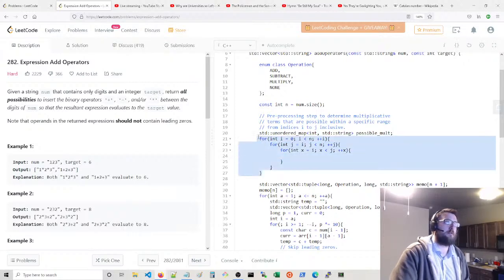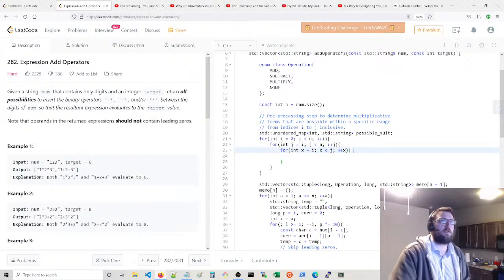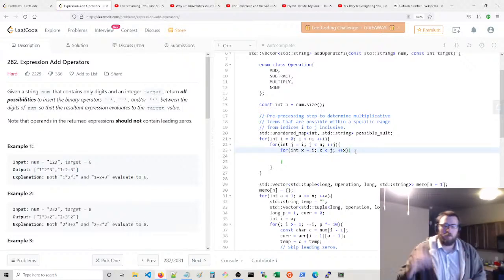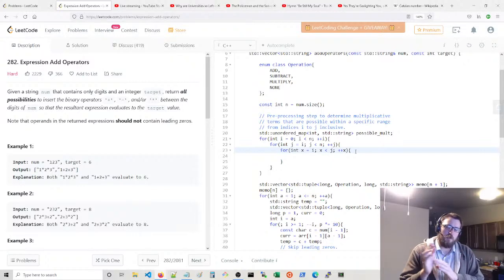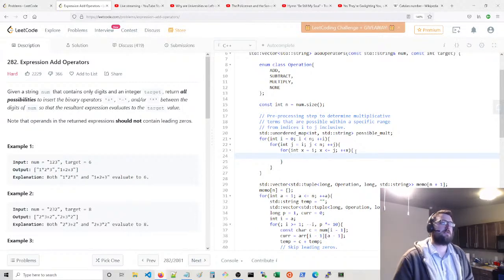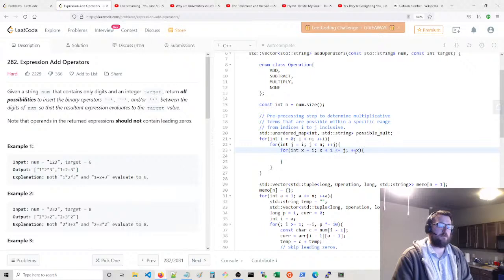So this is just going to loop over all of the possible ranges for i and j. And what we're going to do with x is take a point between i and j, and say that i to x is the left side and x to j is the right side. So i to x inclusive is the left side, and x plus 1 to j is also inclusive. It's got to be x plus 1, because you could take the entire number, and maybe actually we should